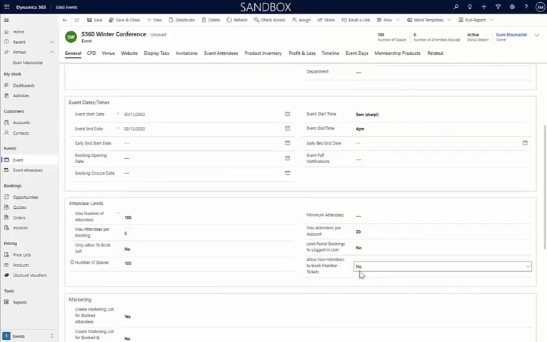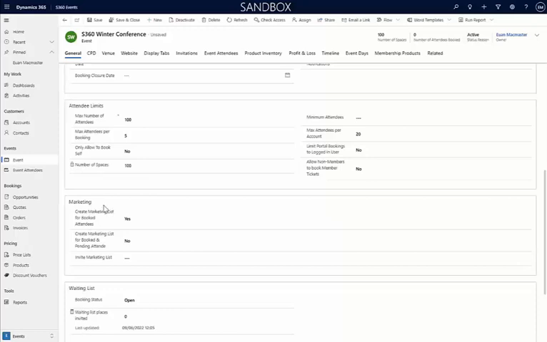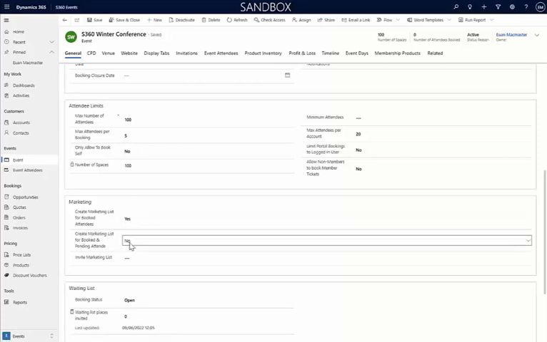You can also control whether or not you want to allow non-members to book member tickets as part of the process. Another feature that Subscribe 360 provides when you're setting up an event is the ability to automatically create a marketing list for people who are booked onto the event. So you may have some event comms you want to send out pre-event. You can also choose to have a marketing list set up for those attendees who are booked and those who